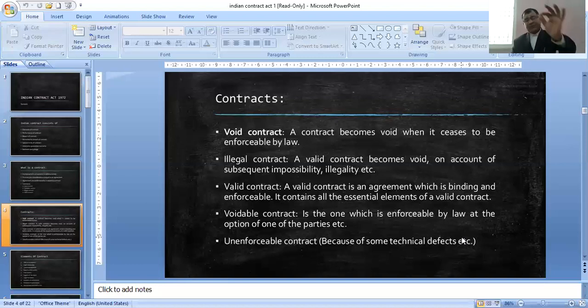What is unenforceable contract? It is there in the slide. If you watch, you can see what is unenforceable contract. While entering into the contract, it was very much enforceable. Subsequently, due to some factors which are not in the control of the parties, the contract becomes unenforceable. For example,